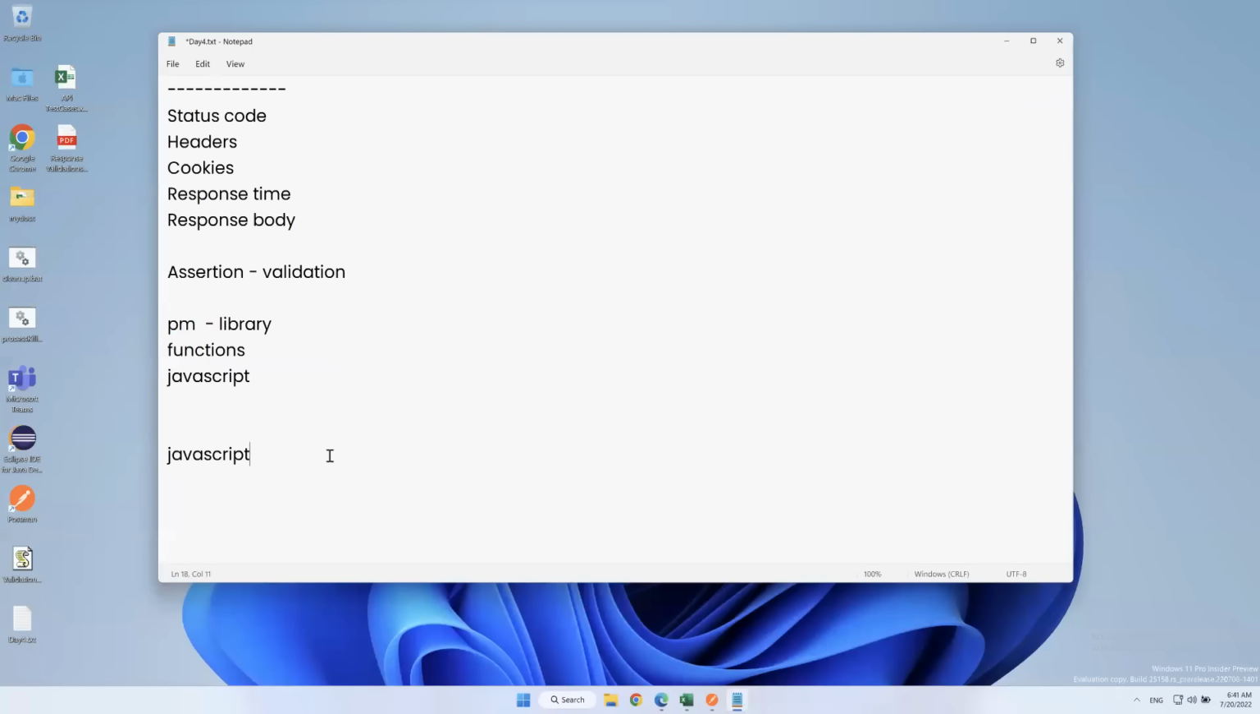So we need to write our own JavaScript function. Inside this function, we need to call pm.some function. So whatever function is available in the PM library, we will invoke those functions through our JavaScript functions. We have to create one user defined function in which we have to call a Postman function. Okay, so I will show you the syntaxes, how we can write all these things, and then we will try